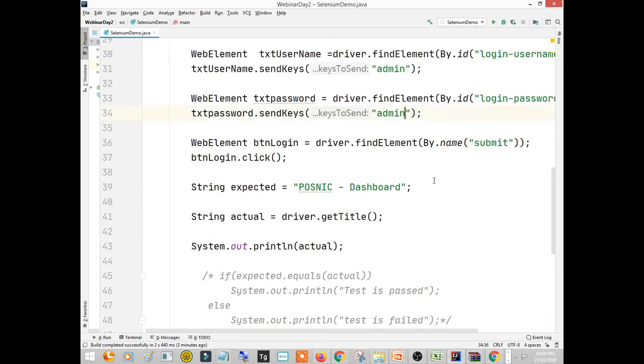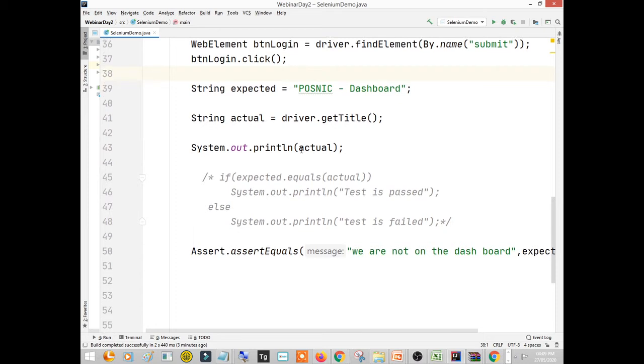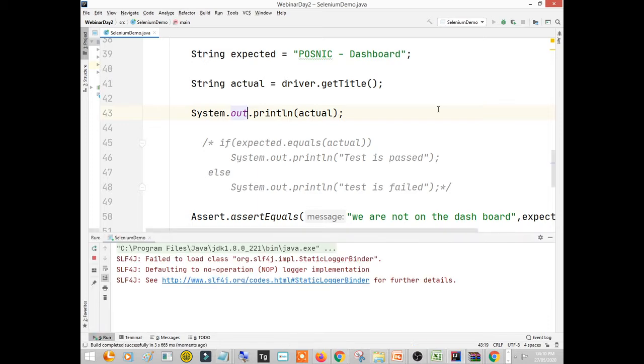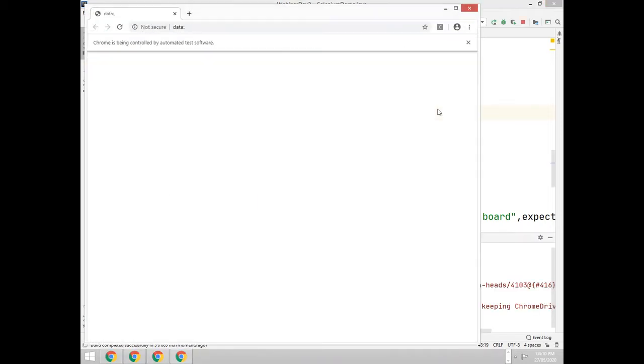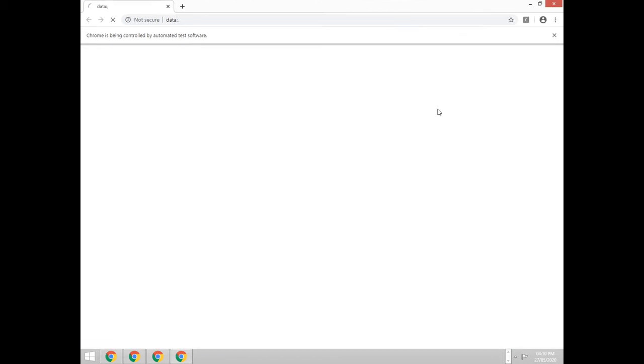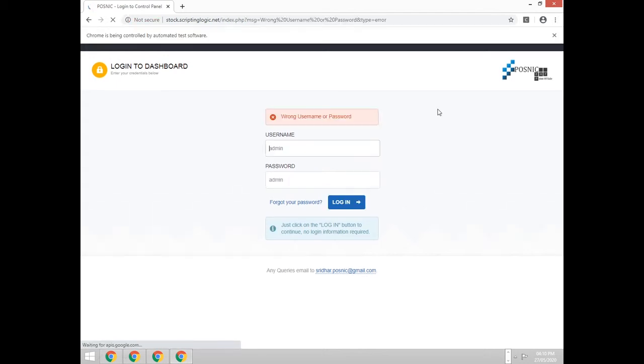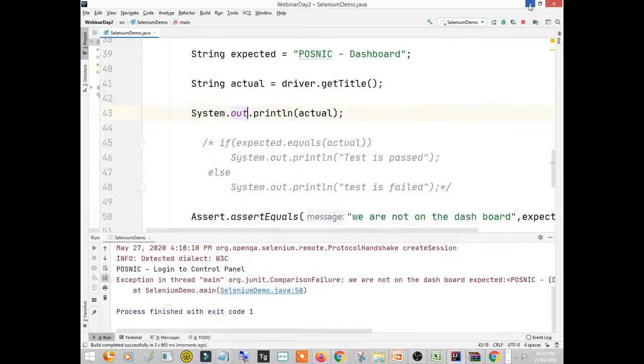I'll just put a wrong password, and I'll pretend that the given username and password are correct, and I'm running this test. Yes, so we have not landed on the dashboard.